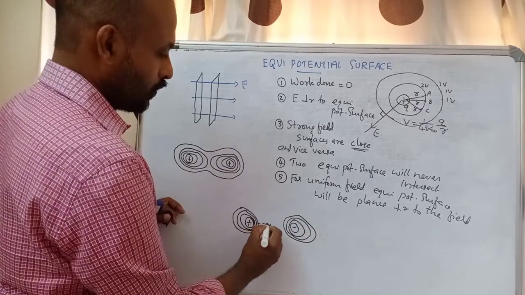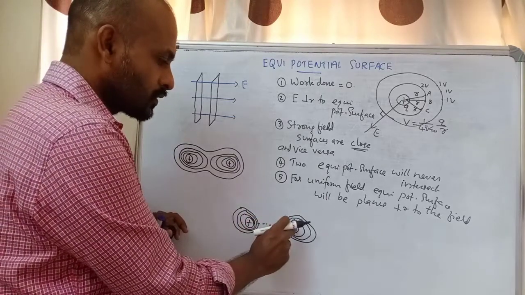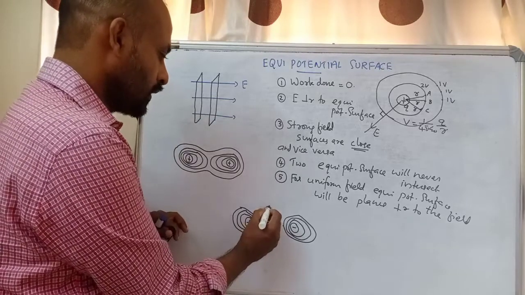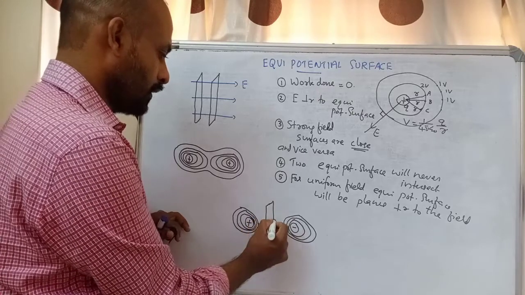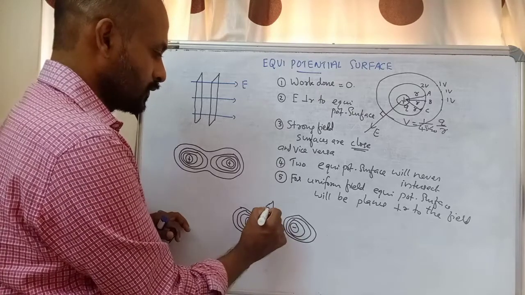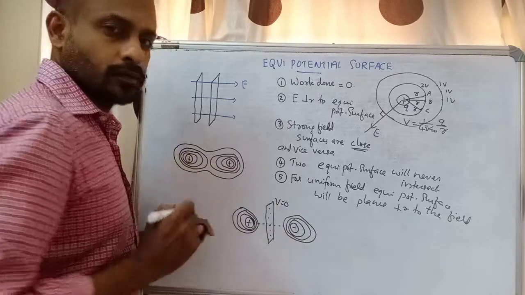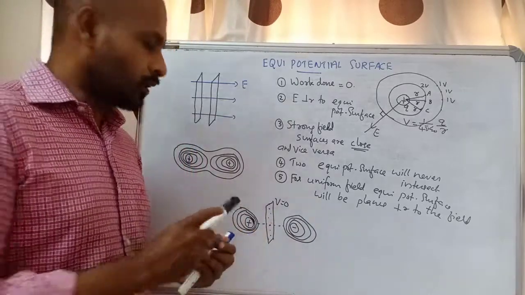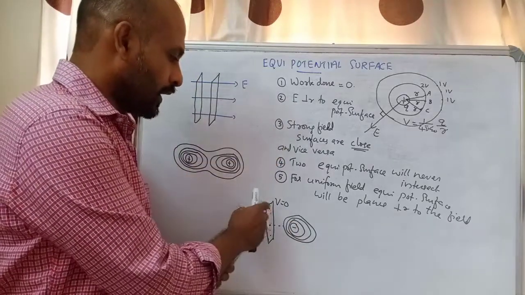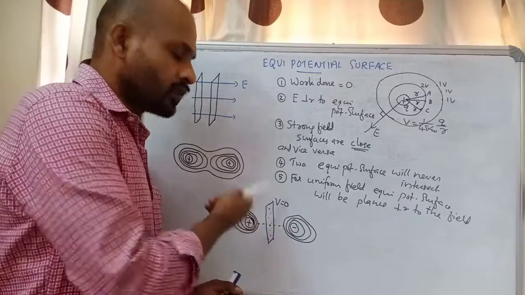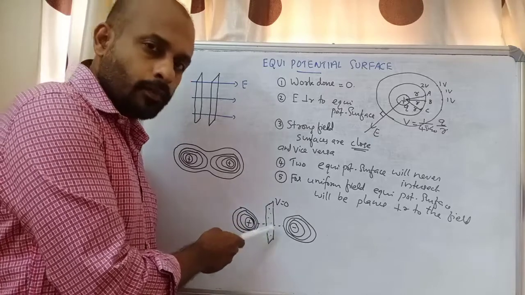If this is the center of the dipole, what will be the potential at the point at the center? This charge will create a positive potential here, this one will create a negative potential. Net potential will be 0. So we can imagine a plane perpendicular to the dipole length. At each and every point on this plane, potential will be 0. So, a plane perpendicular to the dipole length exactly at the center will also be an equipotential surface having potential value 0.